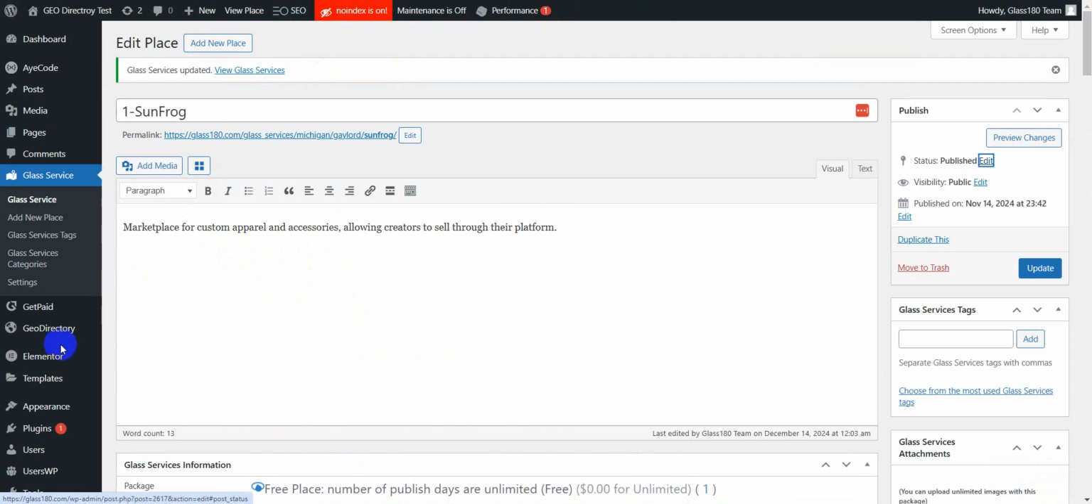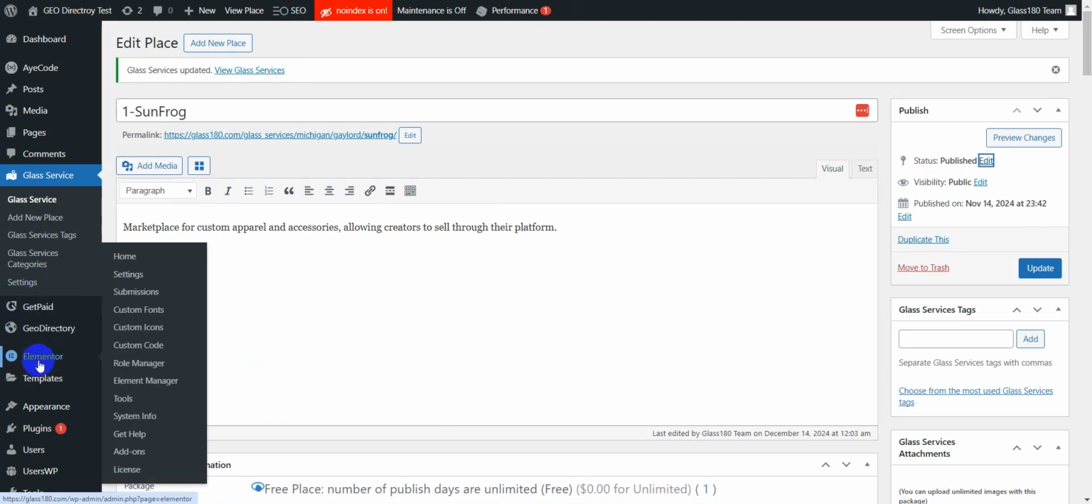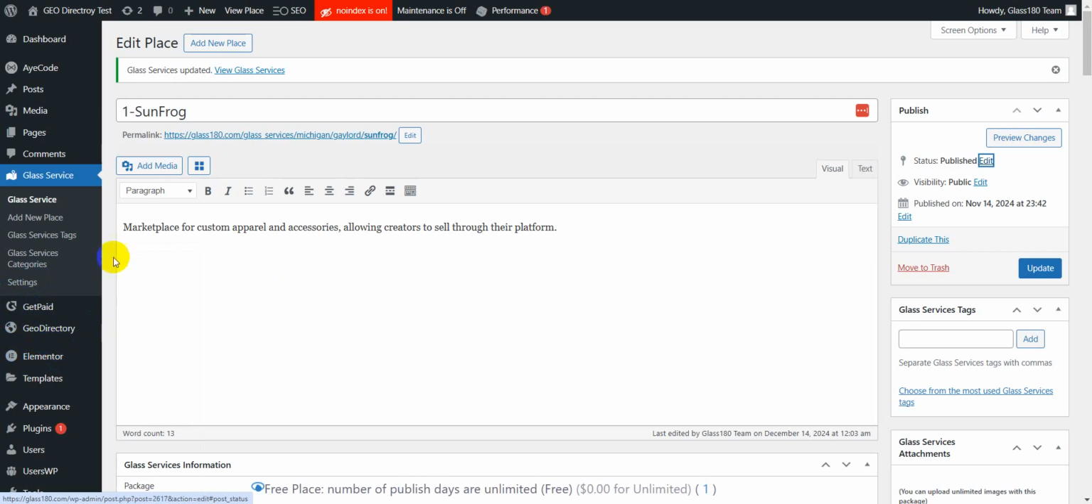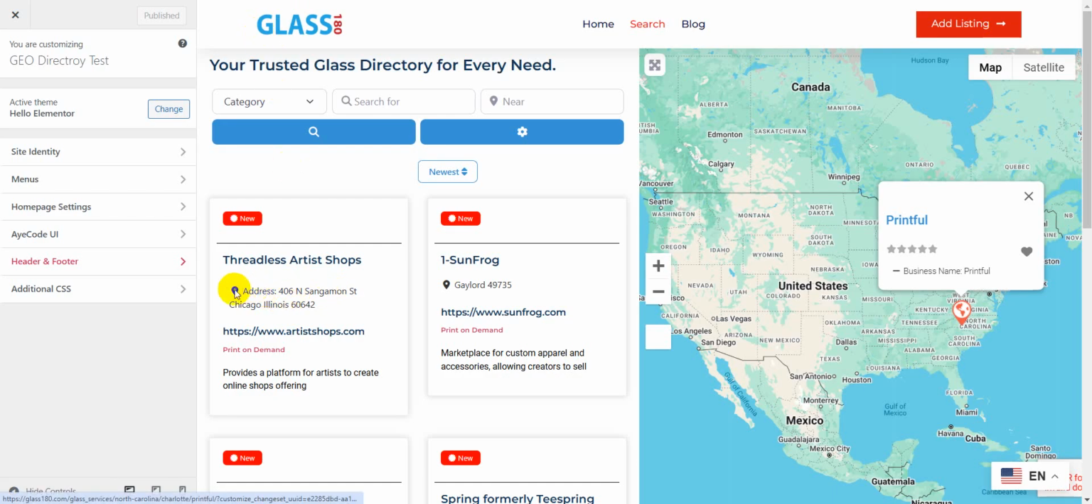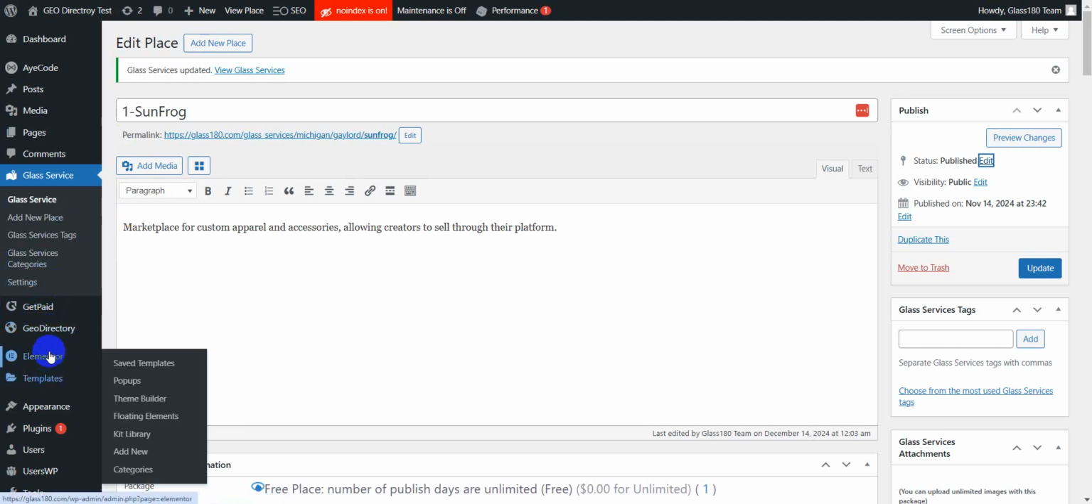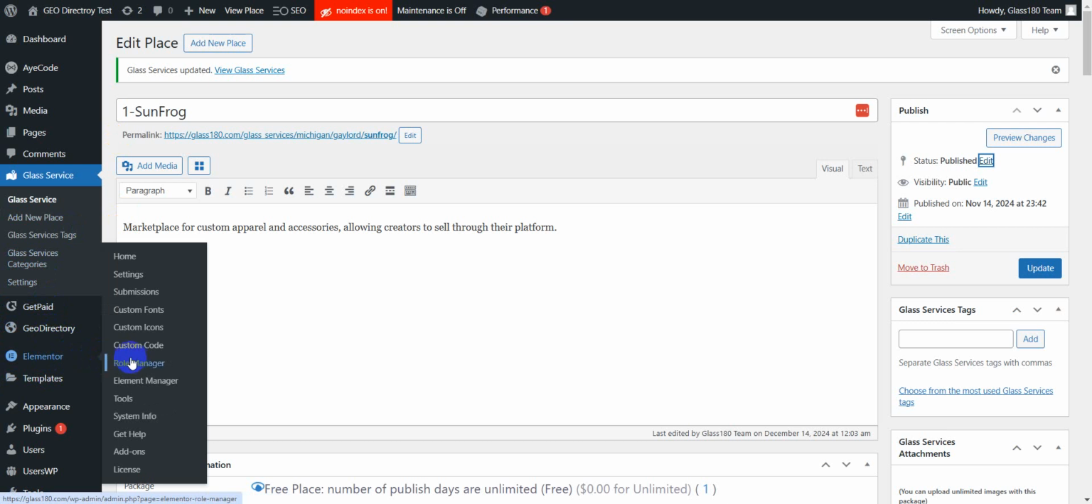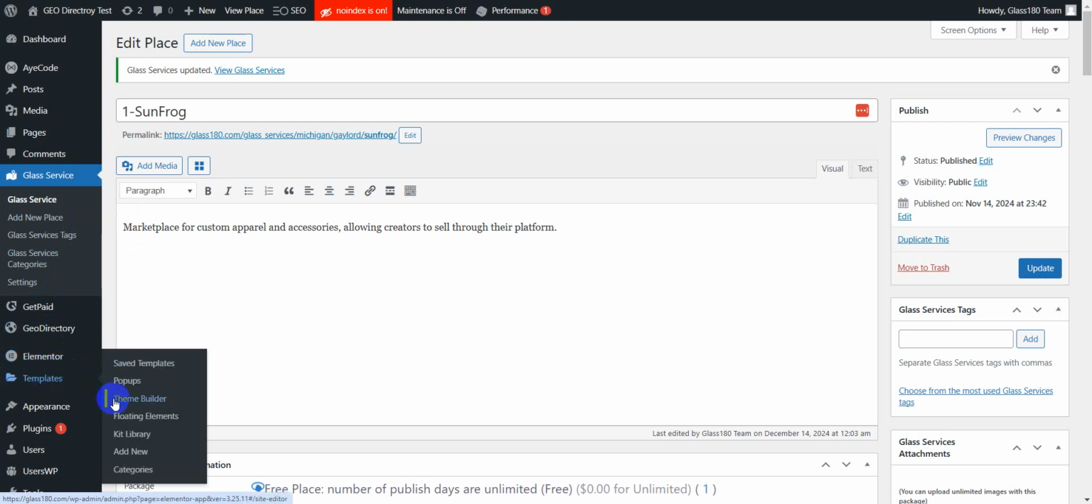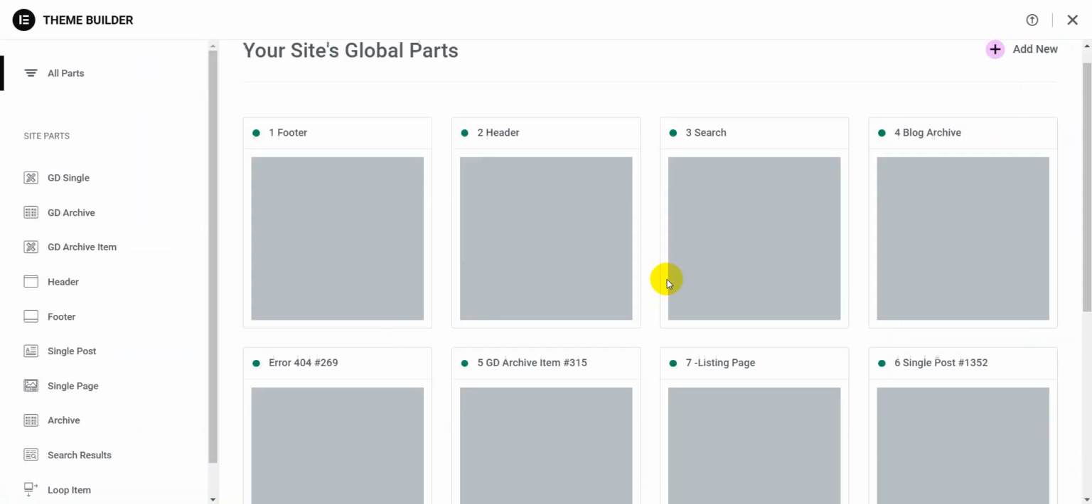But we're not finished yet, because there's another step that most people forget about when they're doing this. We did the listing page, but we also have a search page. We also have to alter that address in the search page. The way to alter it in the search page is to go back to your templates, theme builder,